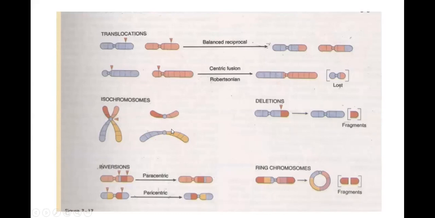Isochromosome. This is the deletion, where part of the chromosome is going to be lost. And inversion is paracentric and pericentric. As I've told you, if the breaks are both on one side, in one chromatid, this is called paracentric. In pericentric, one part is lost from one end and one part is lost from the other end, so they reciprocate and exchange between themselves. So this is called pericentric. And ring chromosome: when the whole chromosome gets fused and forms a ring, this is called the ring chromosome. I hope all this is clear.